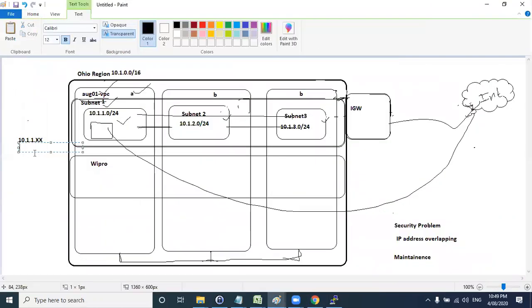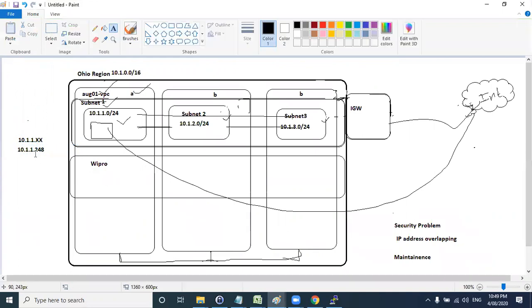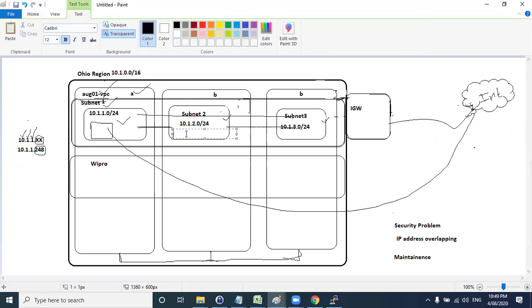I told you, here we have not selected any particular IP address, so it will take any. See this, all these three are common. Why? Because the first two are the VPC range, and the third one is the subnet range that we have given. Since we have not given anything, it has picked up 248 as the IP. For our next instance, we will give a specific IP for this EC2 server. For example, 10.1.2, let us say I want 100 as the IP. We can give that in our next EC2 instance.